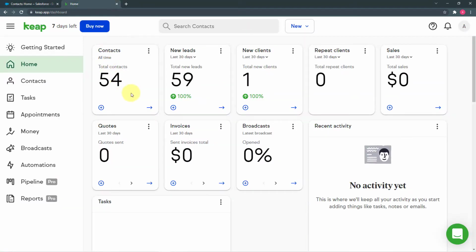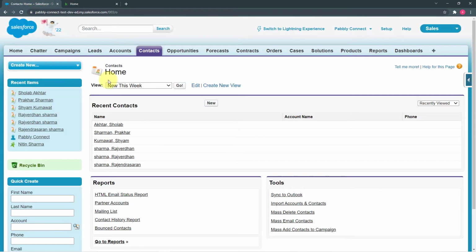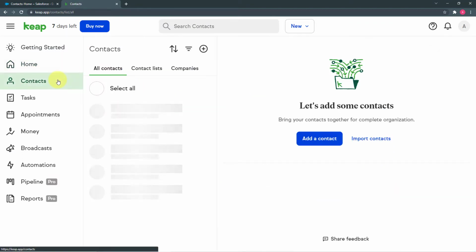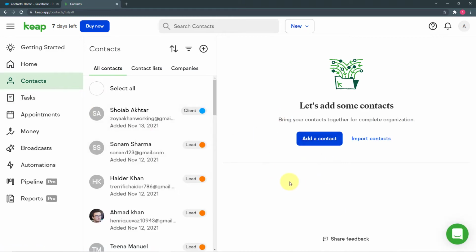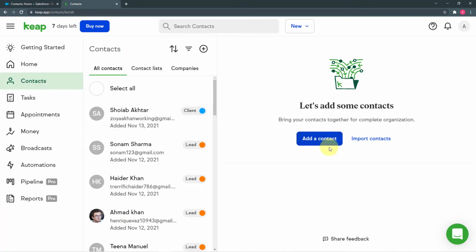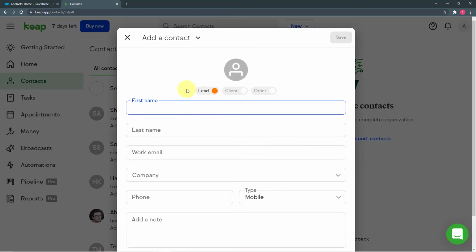So we want that whenever we create a new contact here in the Keap application, the same contact will be listed here in the Salesforce contact list also. Okay, so I would like to show you that I'm going to create a contact here. I'm clicking on contacts, so I'm going to create a new contact in my Keap application, and we will check if the same contact will be listed in the Salesforce CRM application as well or not. So I'm going to click on the add a contact option, and here I am going to fill the name as, let's say, Harsha.